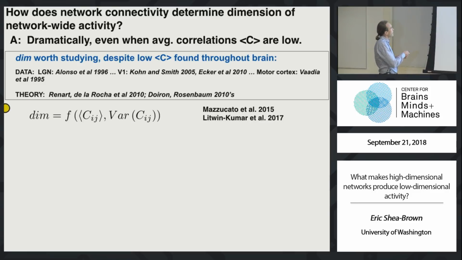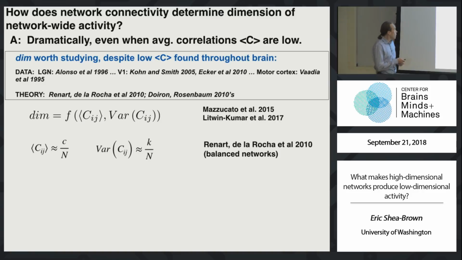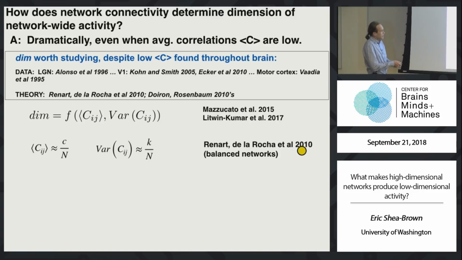These authors have shown us that the formula for dimension that I mentioned a moment ago depends not just on the average level of correlation between pairs of cells, but it also depends on the variance in that level of correlation from one cell pair to the next. And more than just that extra dependence, it depends on this in a very sensitive way. How sensitive? The archetypal case of an almost uncorrelated network or almost independent network in